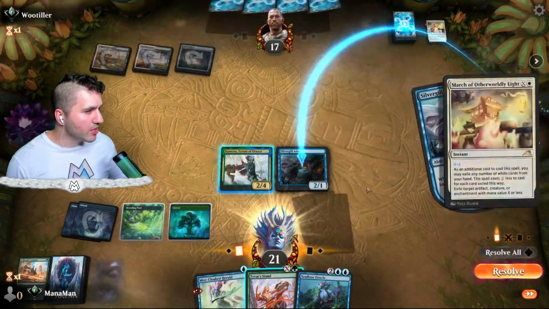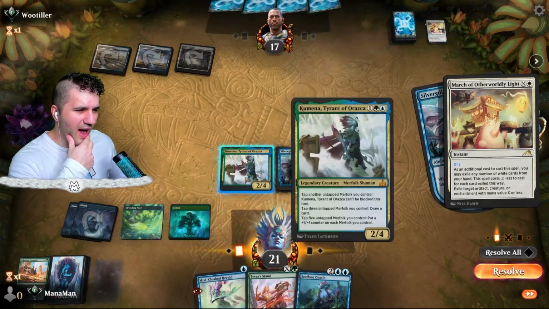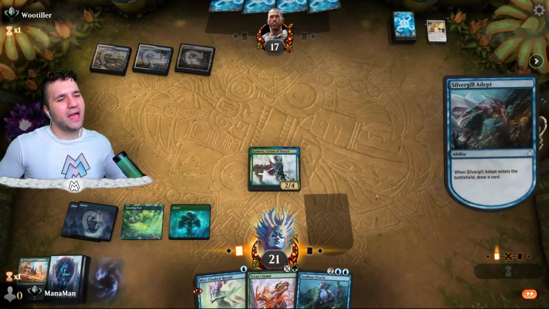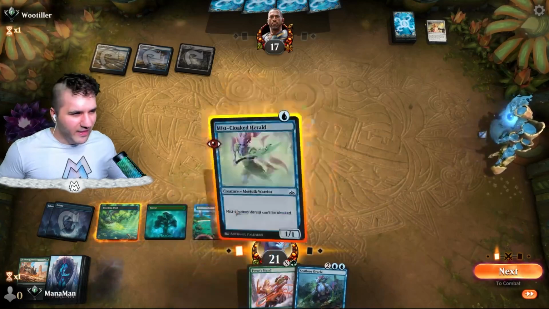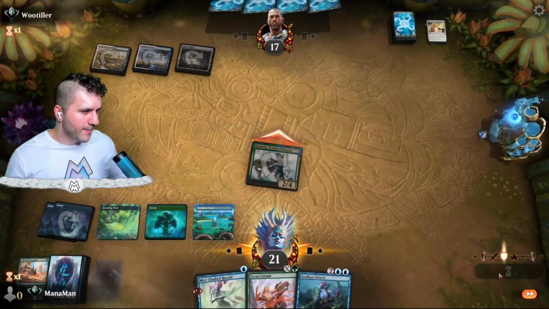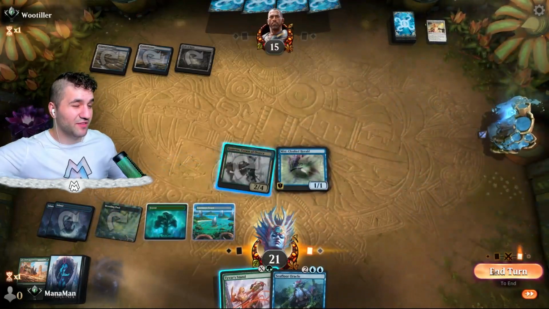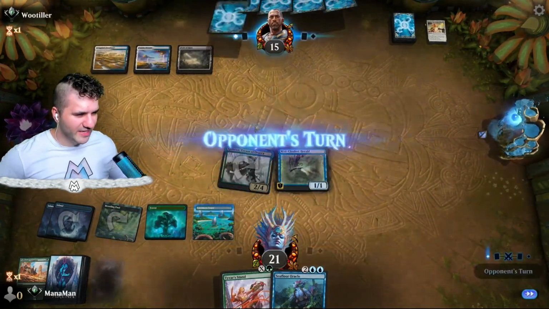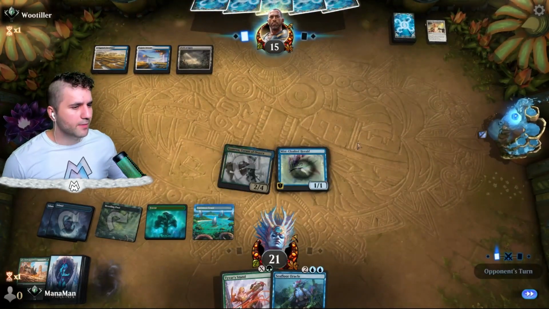And here we go. Oh, March of Otherworldly Light. Oh, so they're... Wow, okay. So... I think we'll let them have that. I don't think we're ready to waste the Tyvar stand. I think we play down the Mist-Cloaked Herald. I'd rather keep my Tyvar stand for either the Tyrant or the Seafloor Oracle. I think the Oracle or the Tyrant is going to be a little bit more important to keep. The Adept kind of did its job by drawing me a card, so...